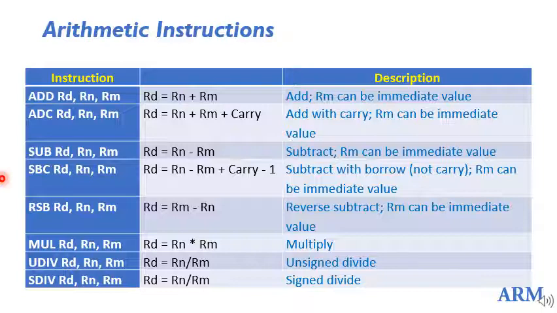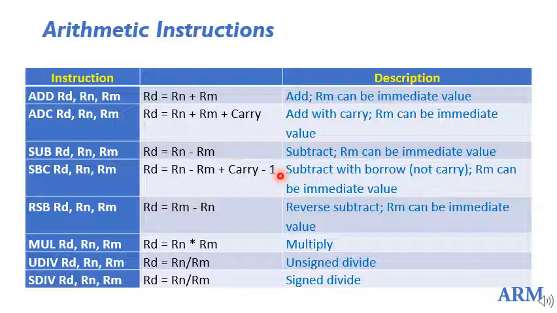Whereas in case of subtract operation, if there was a borrow, then the carry flag will be cleared, and if there is no borrow, then the carry flag will be set. So it will always be the complement of the carry flag. So here SBC RD, RN, RM means Rn minus Rm is performed and minus borrow should be coming. So it is complement of carry, that is, subtract with borrow is nothing but not of carry. So here that not of carry is written as plus carry minus 1.